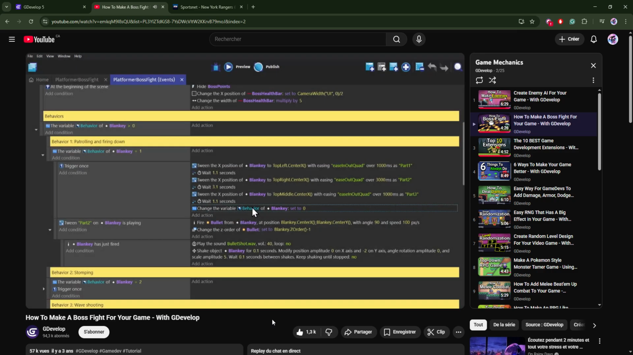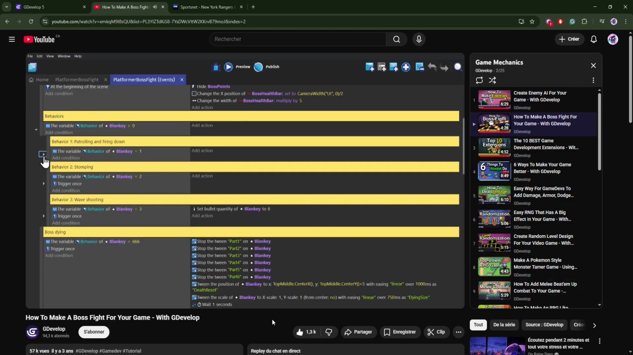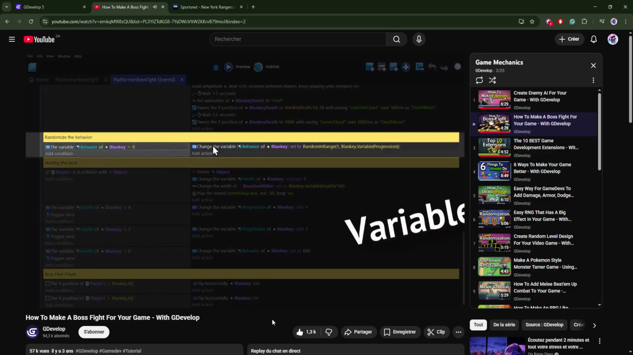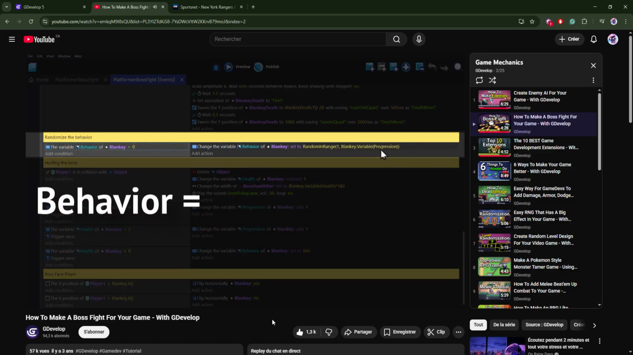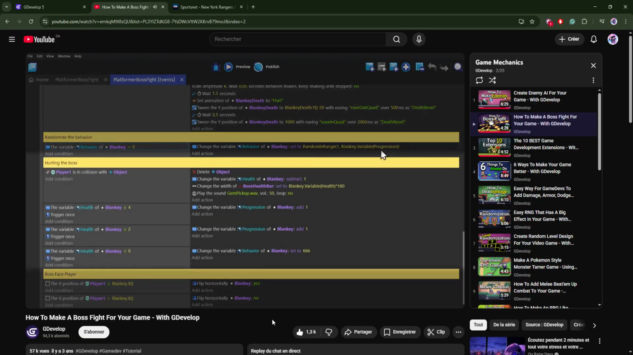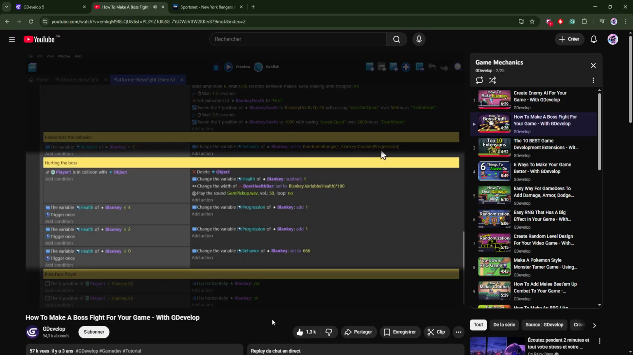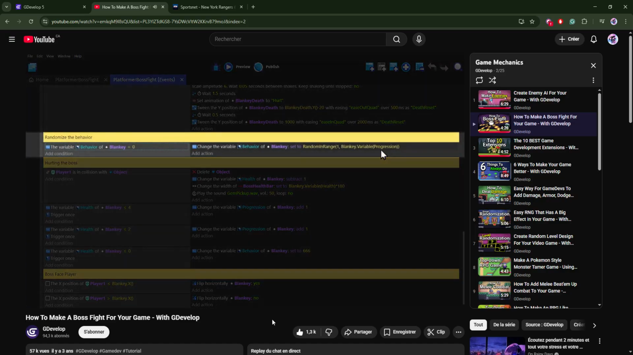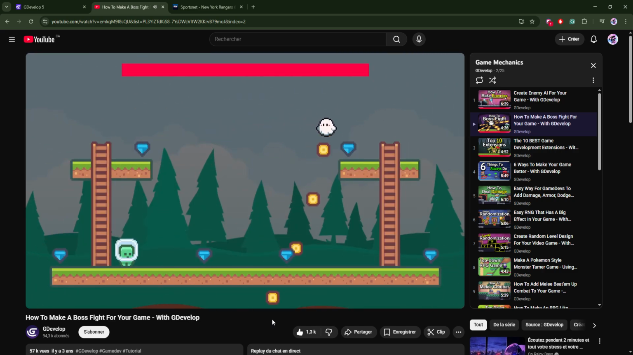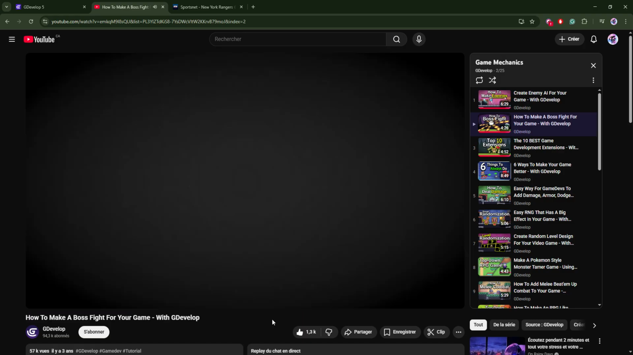And that object variable is what's being used to pick which pattern is done. So when a behavior is finished, that variable is set back to 0, which will then be used to randomize the behavior with this event, where we change that object variable, behavior, to equal random in range 1 to this object variable called progression. And progression is what's being done as we damage the boss. So when the boss is on full health, none of these events are triggered, so the progression variable stays at 1. So when this event triggers, the game picks between 1 and 1. Which means the first behavior will just repeat over and over and over again,